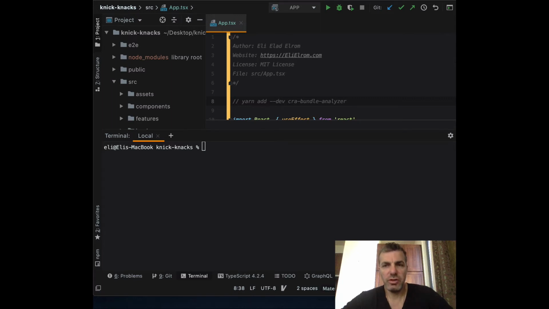Installing modules instead of global imports can make an impact on the size of the compiled project that you deploy. Let's take a look. If you install a library called Create React App Bundle Analyzer, so I'm going